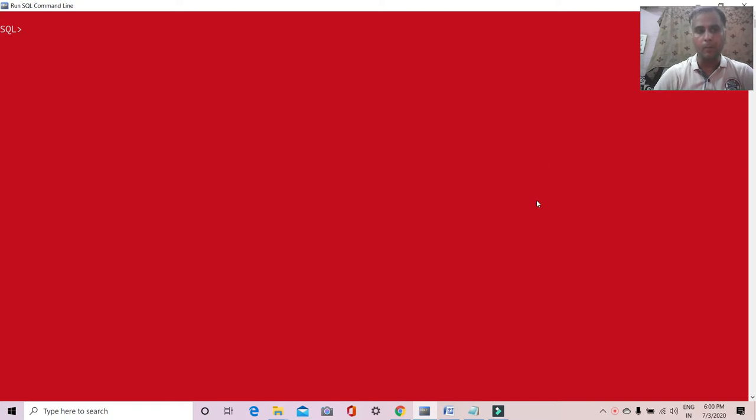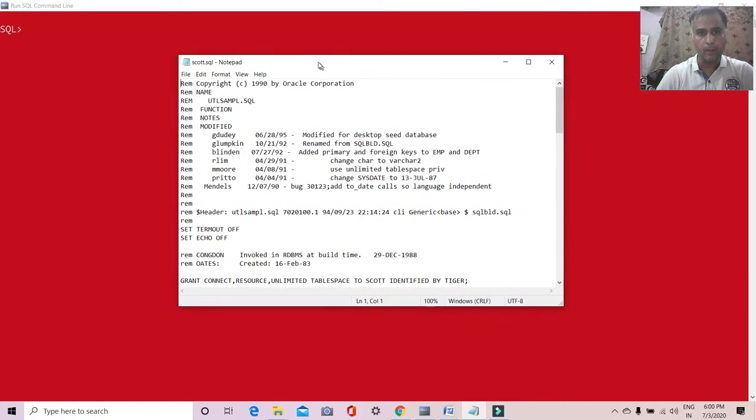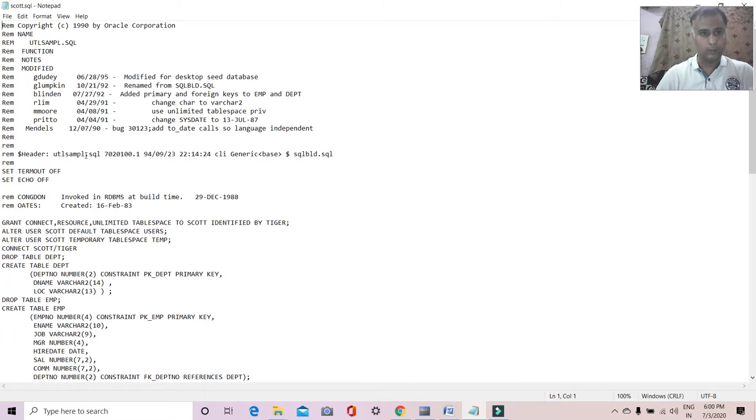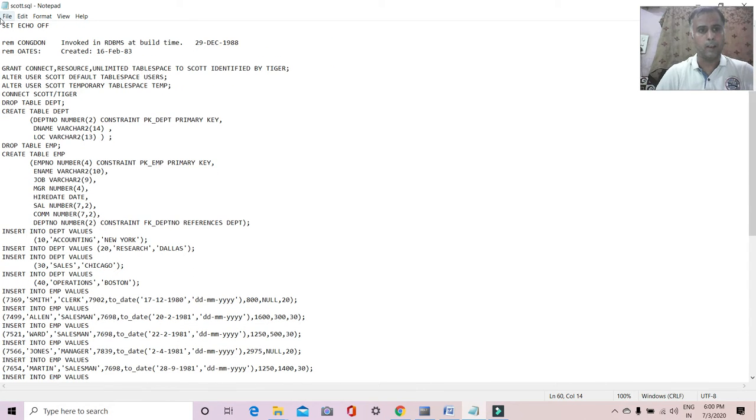The screen will be clear. We have a file which contains the script of all four tables. I'll show you here. We can copy the database from here. The script has drop table for department and employee tables, and the data is inserted through the insert commands.